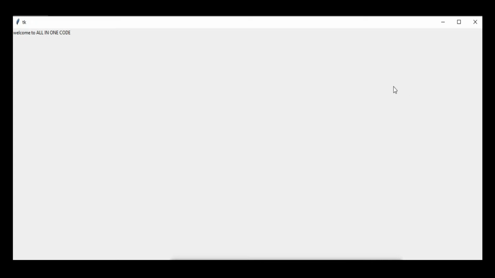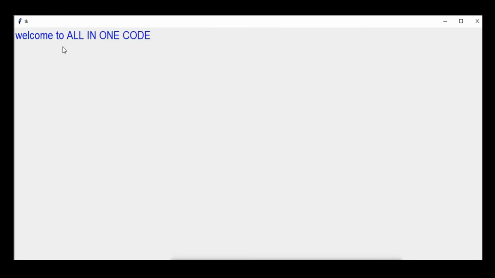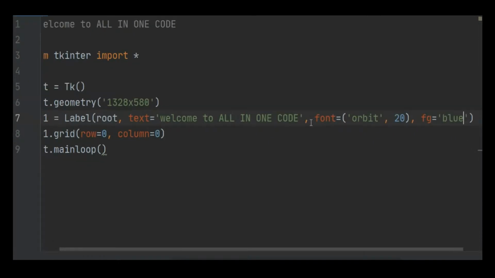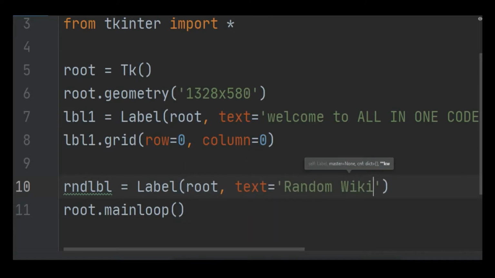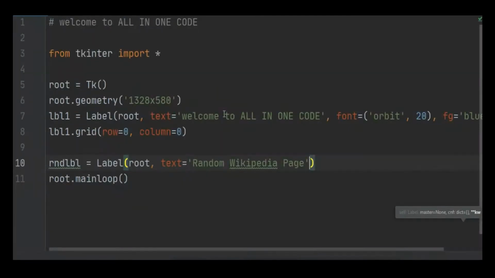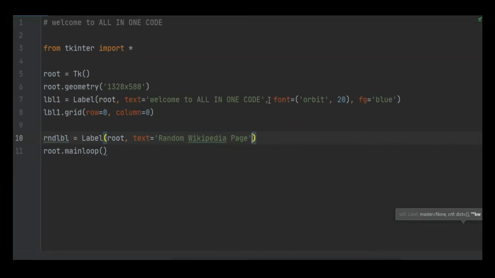So let's do it. I just change the color and the font size with the font property, font equal to orbit 20, fg equal to blue. You can even change the background color using bg. rnd lbl equal to Label, and in here I'm going to pass the root and text equal to random Wikipedia page, and obviously the font is, I'm going to copy this and remove the color, and change the font size.